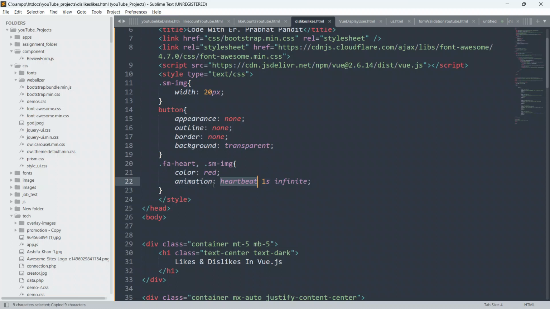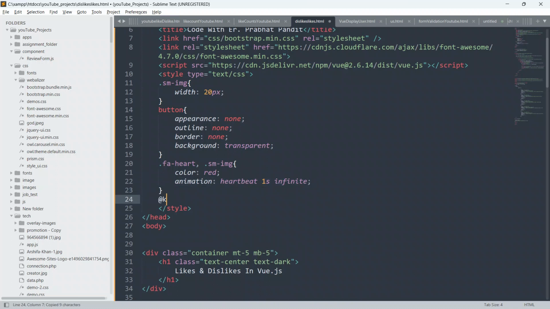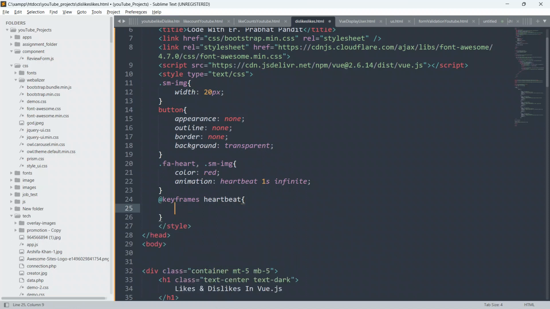By using keyframes. Put @keyframes and this name, and open curly braces, and now we have to define our animation also.